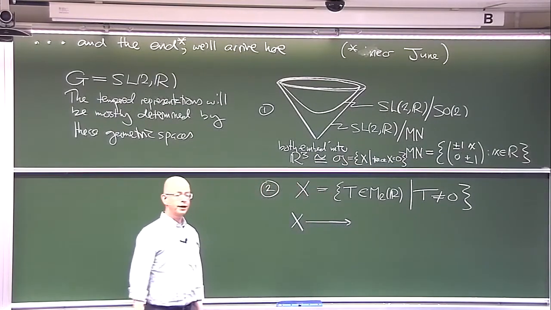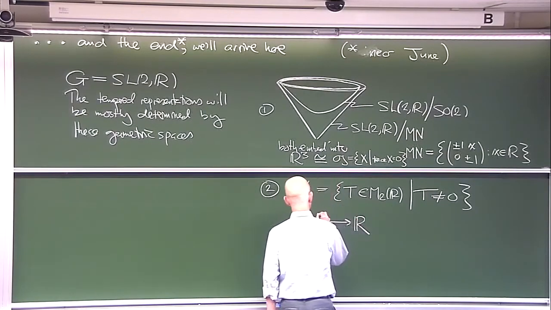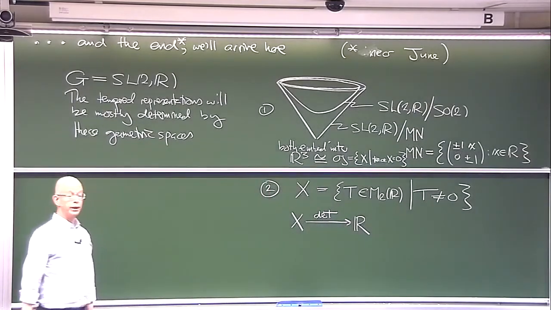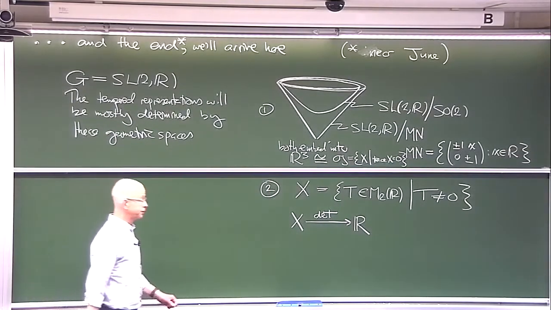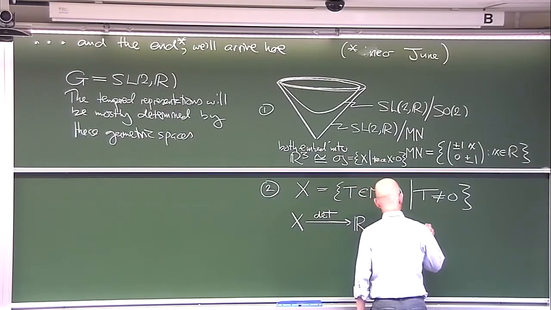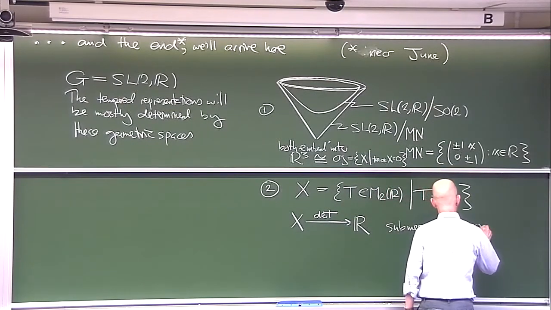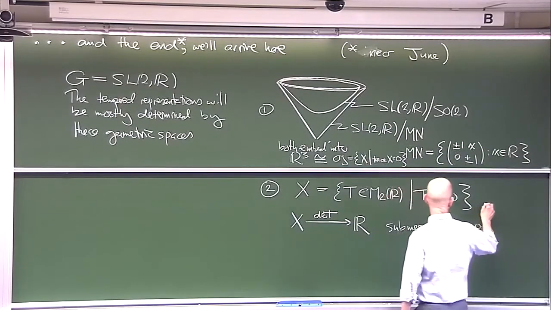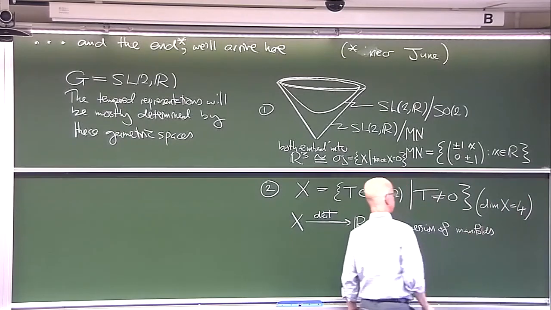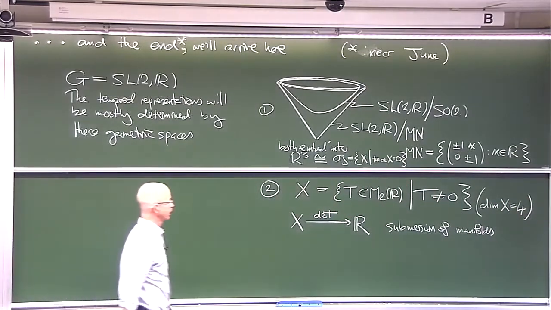If I have a matrix, I can take its determinant. The determinant will be a real number, like this. And this is a submersion of manifolds. Of course, X is 4-dimensional, which makes it a little difficult to draw. But it's rather interesting to think about